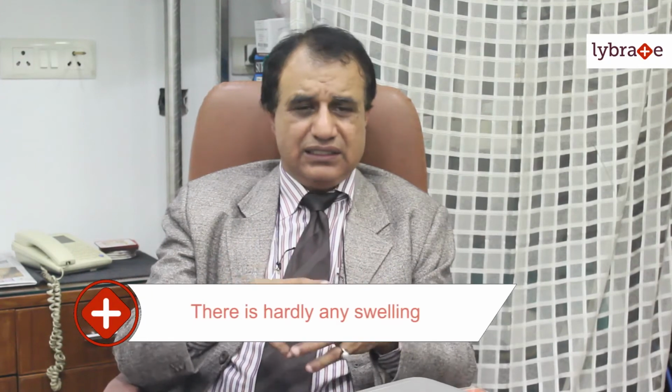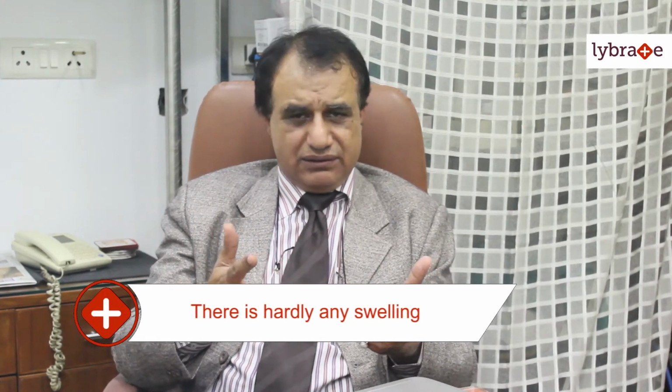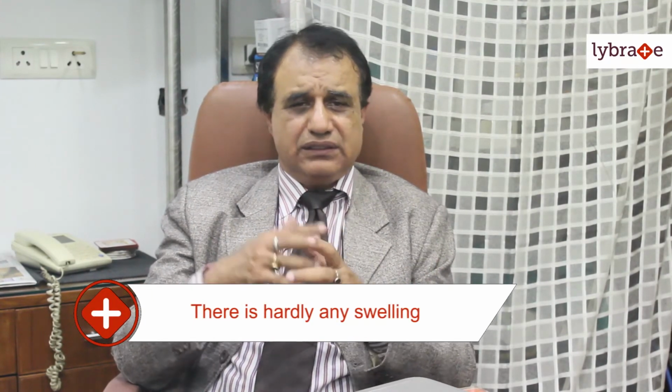Now, in these new techniques, thread lifts or blepharoplasties, you don't need any hospitalization. What you do is come to the operation theater, get the thread lift within 1 hour, and then go back home. There is hardly any swelling, though we give some antibiotics and medicine for reducing the edema. If there is swelling, it usually stays for 5 to 7 days. And there are certain precautions which we tell the patient, such as not to open the mouth wide. And we have seen that